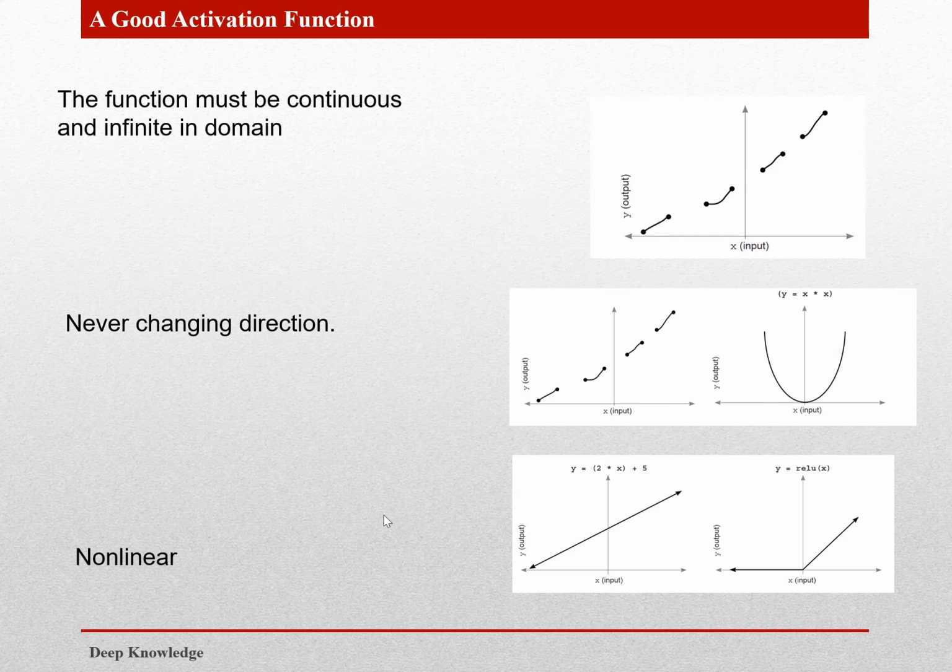And non-linearity. What do we mean by non-linearity? For instance, if we have 2 multiplied by x plus 5 and you only apply this formula, you will have an x and a y, and this is linear. A non-linear function, for example, removes the negative values: the negative values here will be 0. For any negative x, the y will be 0.